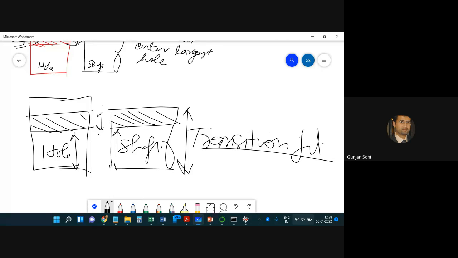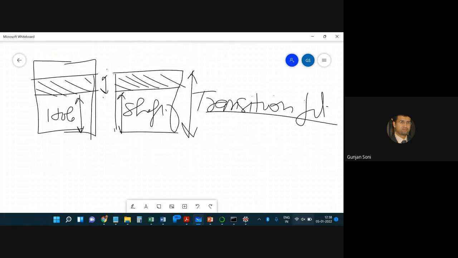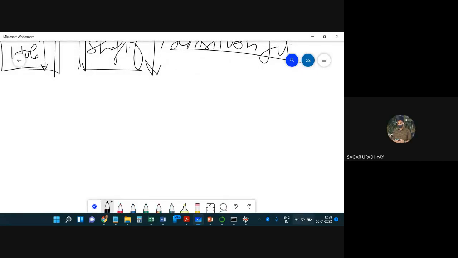Okay, now let's come to some terminology. Slowly we are moving towards some calculation. Sir, can you repeat that once? It's there in the slides also, so you need not worry, but I'll write that. I'll say that again. The diameter of the largest permissible hole is greater than the diameter of the smallest shaft. It will give you the clearance fit. And the diameter of the smallest hole is smaller than the diameter of the largest shaft. Okay, so then you get the interference fit.